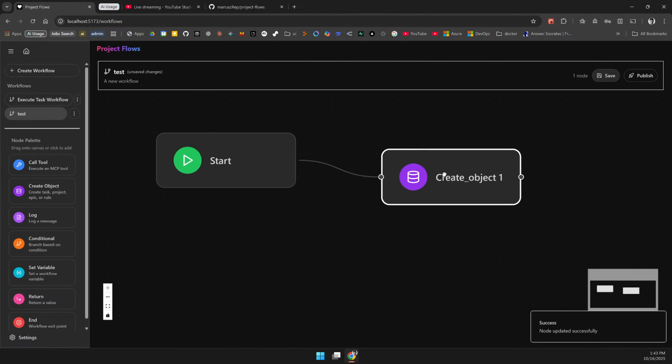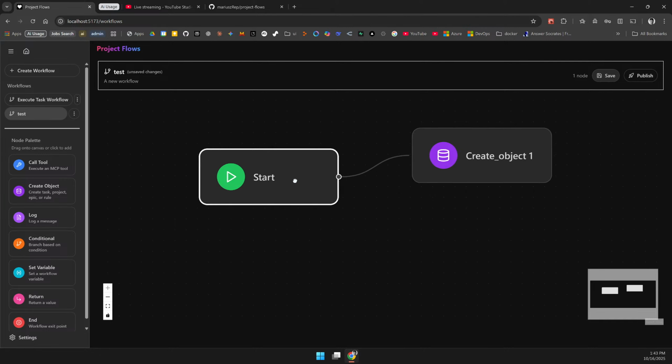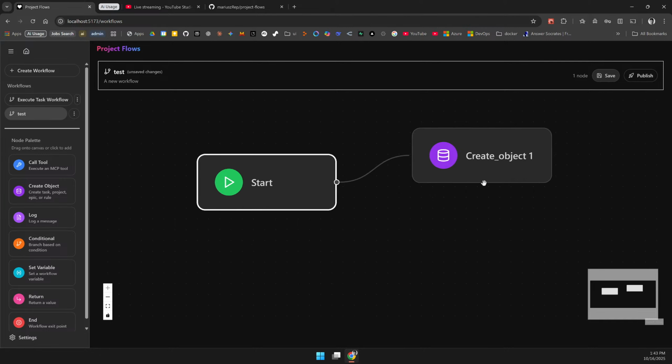So basically we want to make sure that any node, new node we create, or current nodes like create object, is being written into the table and later recreated